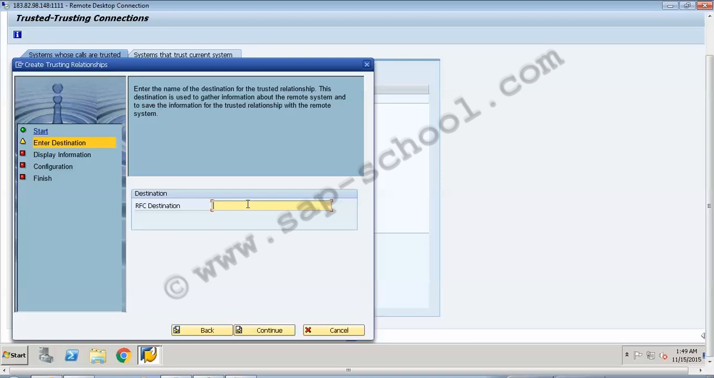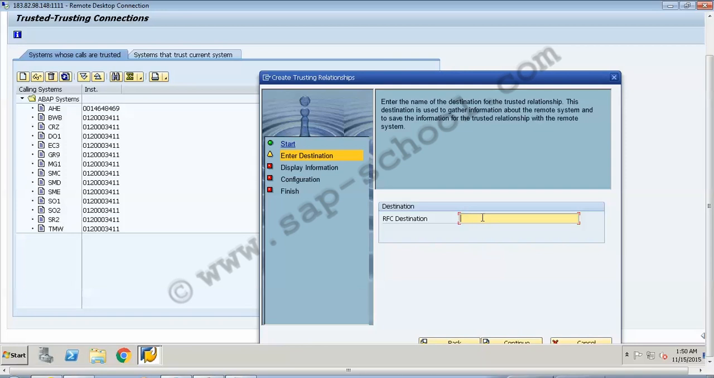So it is asking me for the username and the password here. So I have to just enter the password of my system. So it says that the trusted system entry for the system AHG already exists. It is a similar error which we get at the time of creating the trusting system in SM59. So since we already have this, we can just use the existing one. But if it is not existing, then it will create the new entry and we can use that entry from